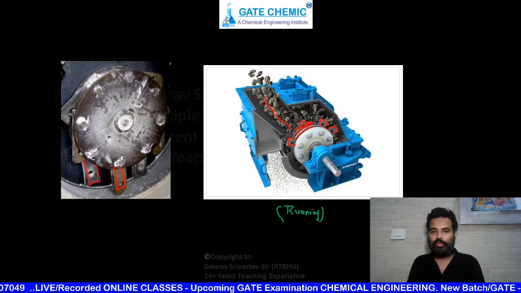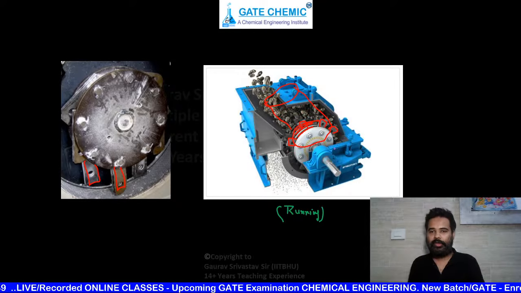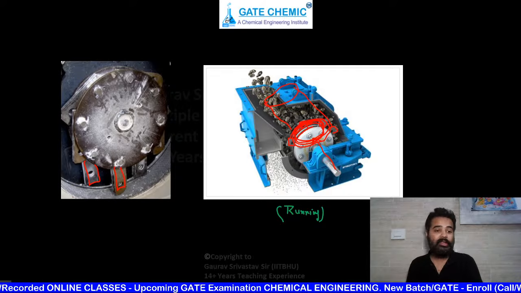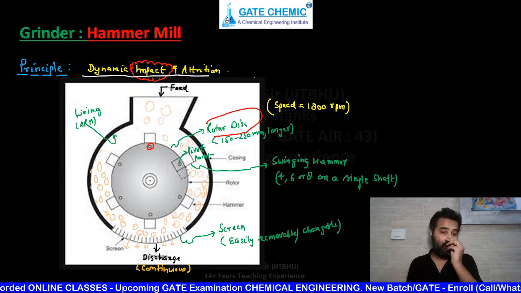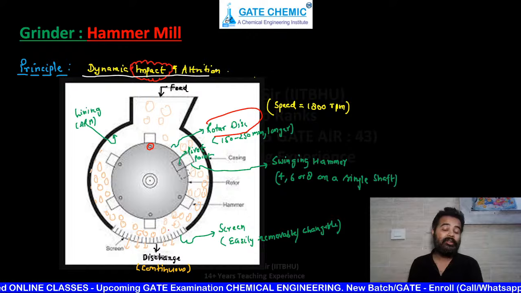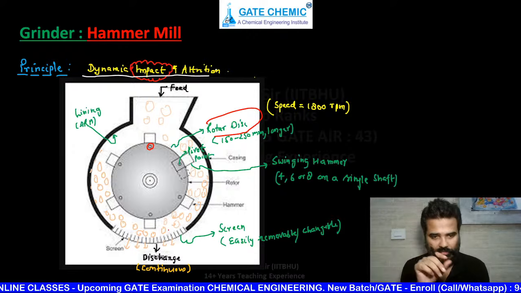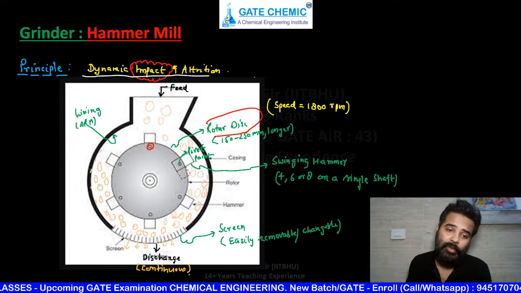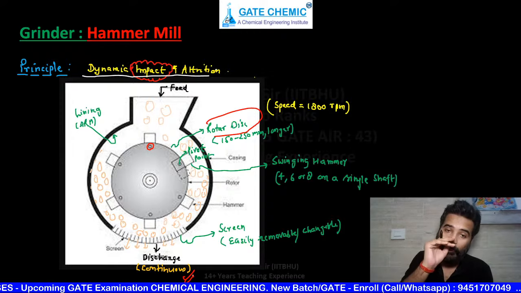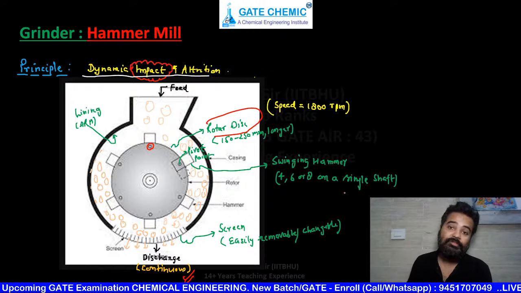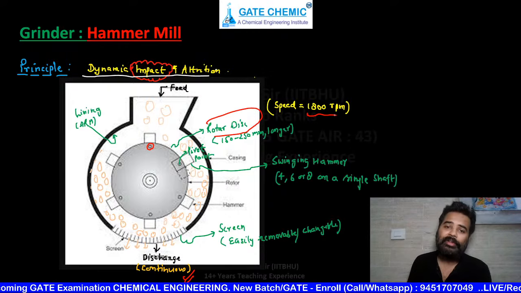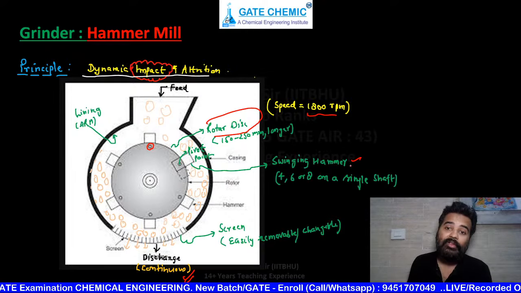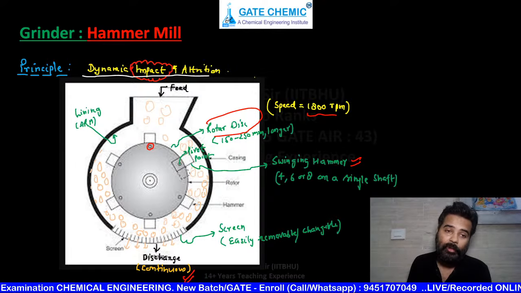See, it looks like this, and if you are seeing from this side, it is just a single one. Okay, so this is your hammer mill. The bottom screen is there; the product whose size is now able to pass this screen is discharged from the bottom. Discharge is also continuous, and speed is very high, no need to remember, it's 1800 rpm. Hammers are not fixed, they are swinging hammers, pivoted from a point.